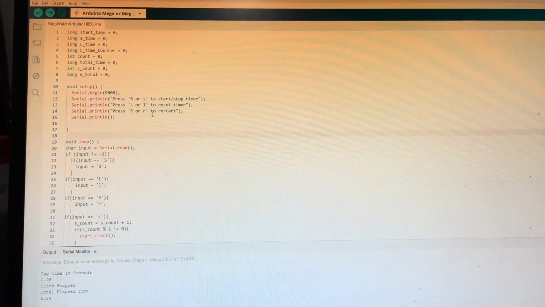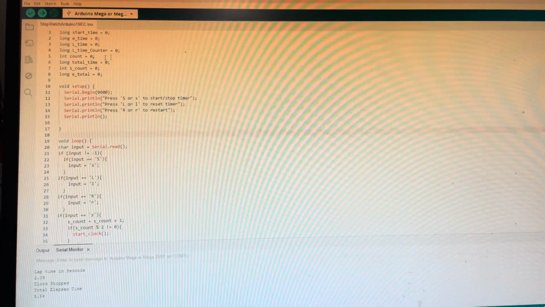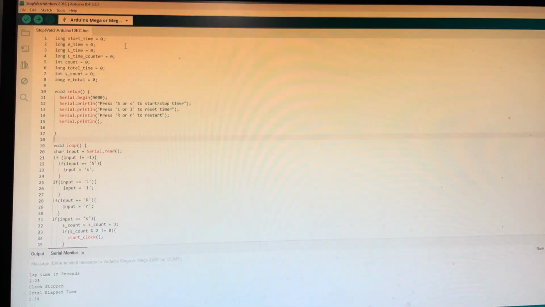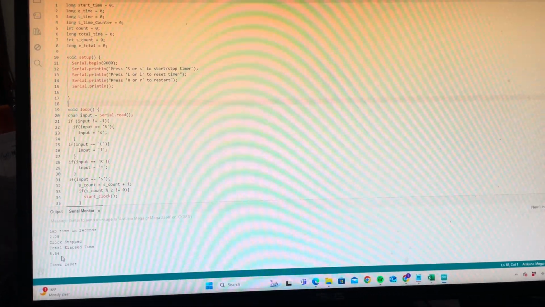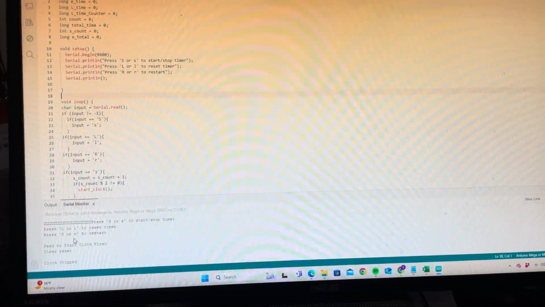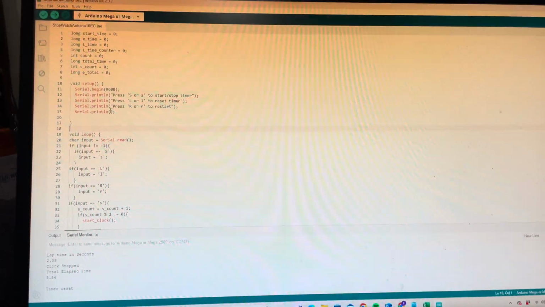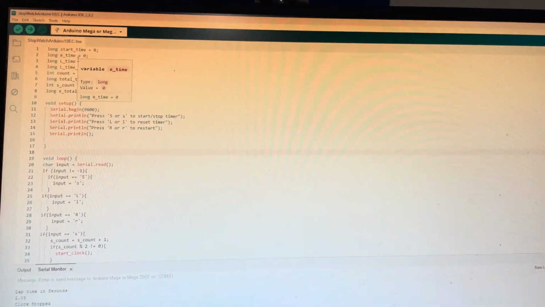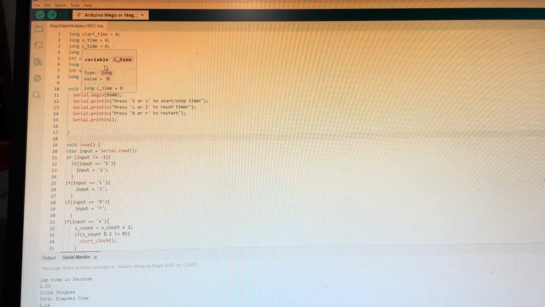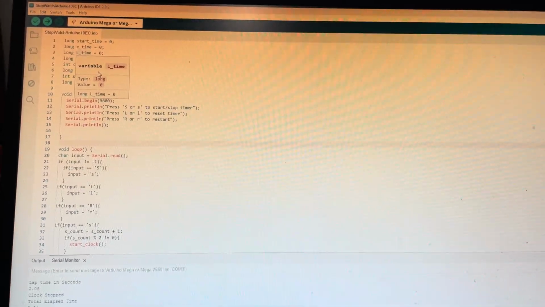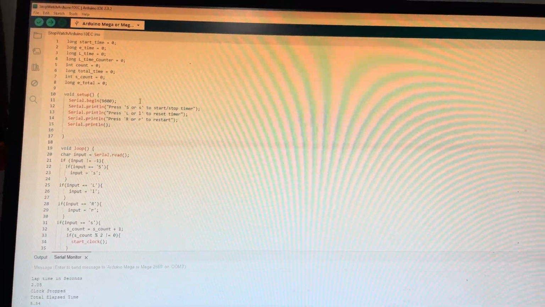Okay, so here we have Arduino 10, the final one for this class. We're just trying to make a stopwatch work, and the serial monitor and everything. You can see it's testing. So basically we just have multiple functions with multiple variables that all do a little different based on the input